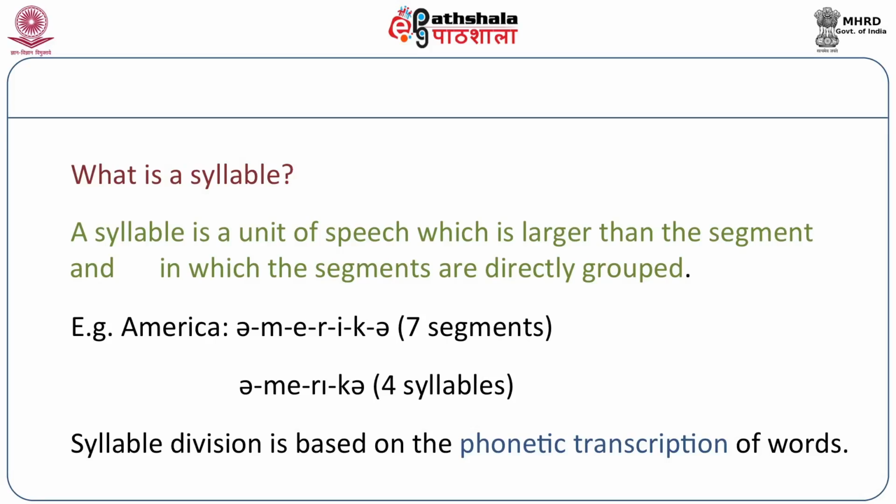How do we assign syllable structures to words? The first thing we do to start with is to transcribe the words phonetically. Once the phonetic transcription is done, then we try to divide the word into the syllable structures. For example, we take a look at the words man, count, very, unity, America, boxing. Take a look at the phonetic transcriptions of the words given on the screen. You notice that we use these phonetic symbols